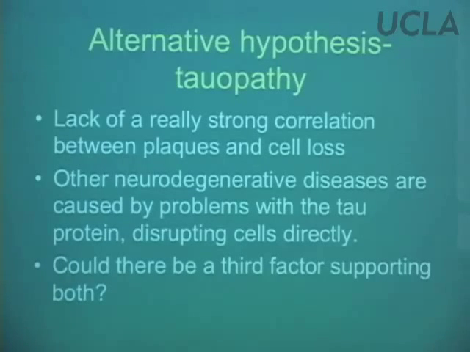And of course, maybe there's a third factor supporting both, that there's some other disease process. One consequence is it causes plaques, it causes tangles, but this other thing is really what's killing the cells. And so if you supported this view, you might think, well, gee, maybe you shouldn't put all your eggs in one basket trying to treat the beta amyloid when there's actually some third process that's actually killing the cells, and just dissolving the plaques isn't going to really cure the Alzheimer's disease.